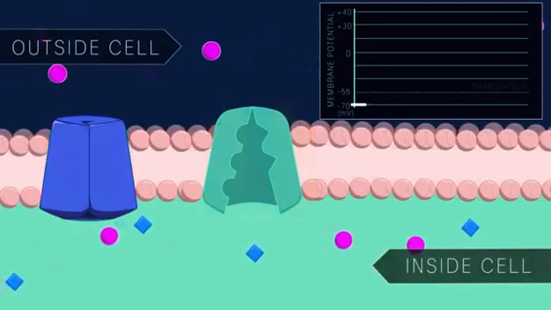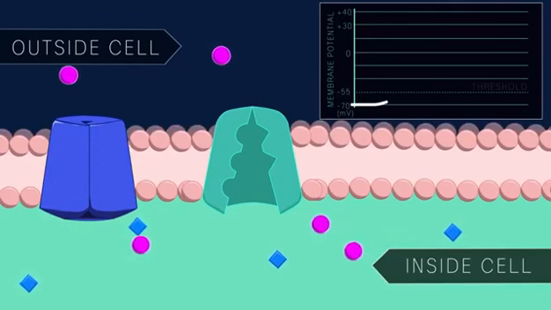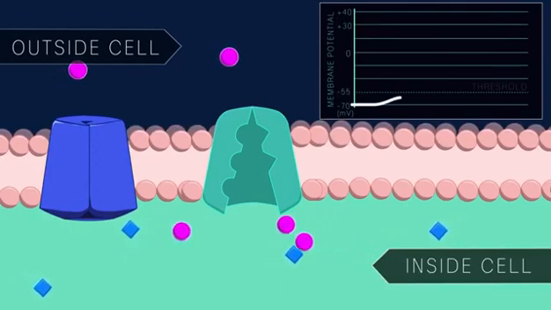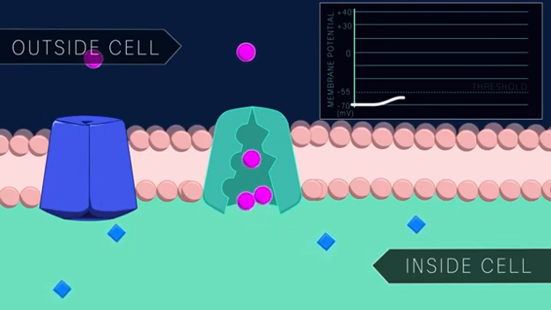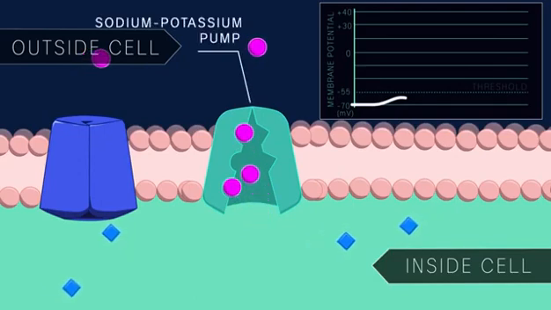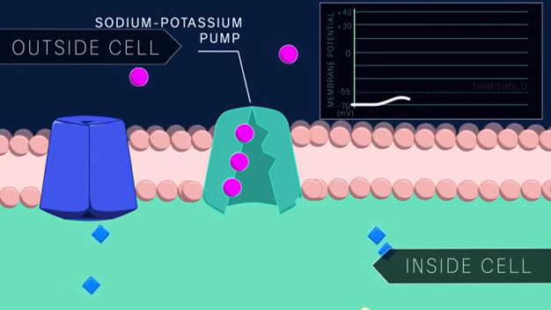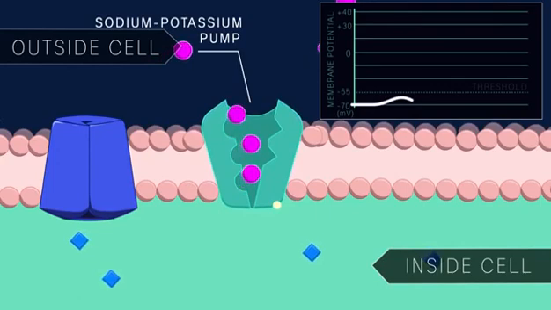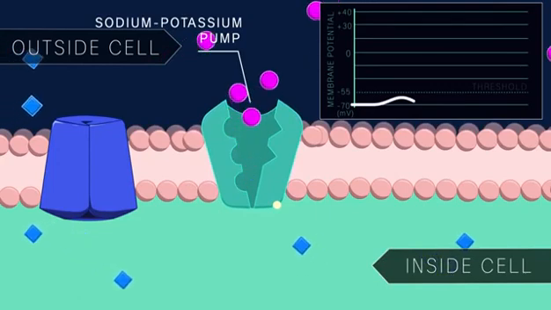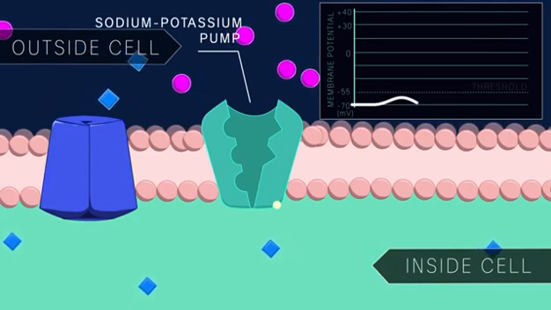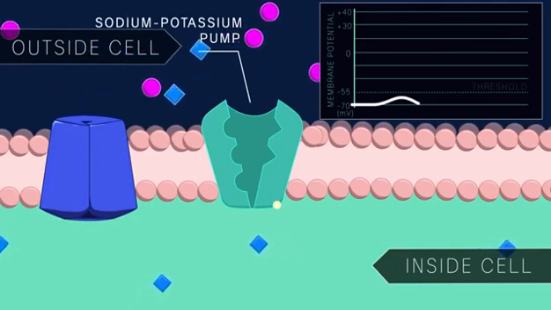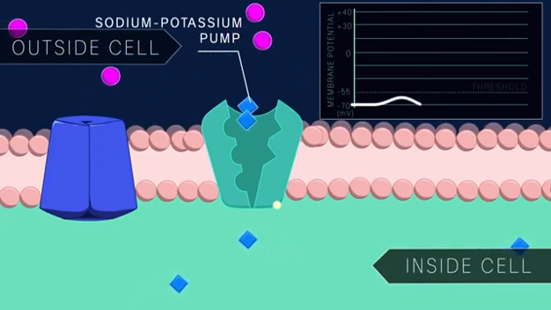When ion channels open and a graded potential occurs, the neuron moves quickly to reset its membrane potential to resting values. This is accomplished primarily by the use of the sodium-potassium pump, which uses the energy generated by ATP hydrolysis to actively transport ions across the membrane against their concentration gradient. In other words, sodium is transported to the outside of the cell, where its concentration is higher,